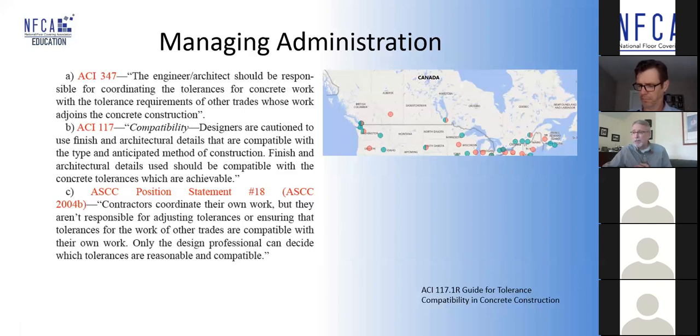And one of the criticisms we've heard, previously in mentioning ACI, is it doesn't apply in Canada. So I took a little screenshot of the various 7 or 8 chapters in Canada. And not only that, but our own CSA A23.1 that governs quality of concrete work references ACI. And anytime you have a nested standard in a standard, the standard applies in Canada. So